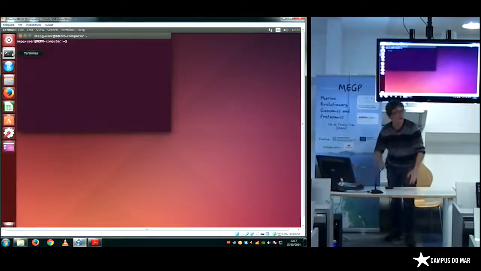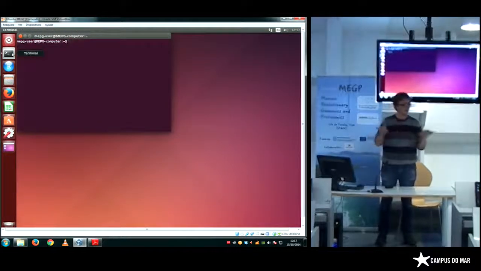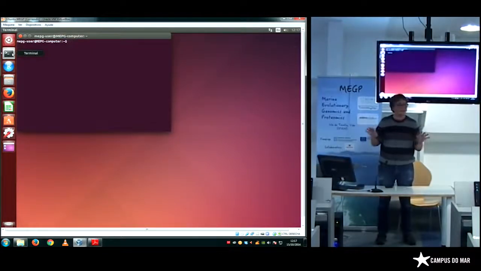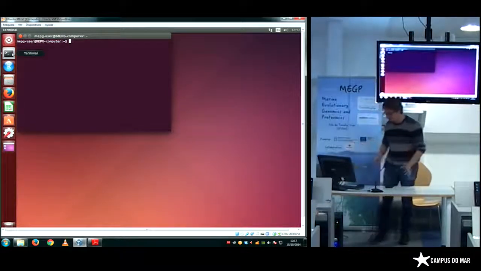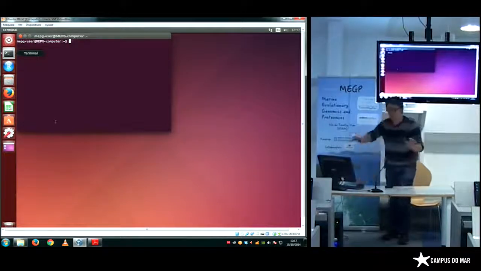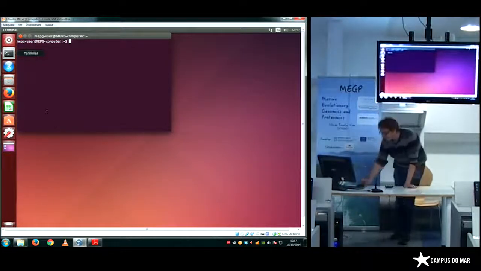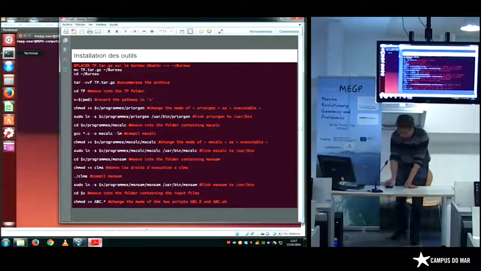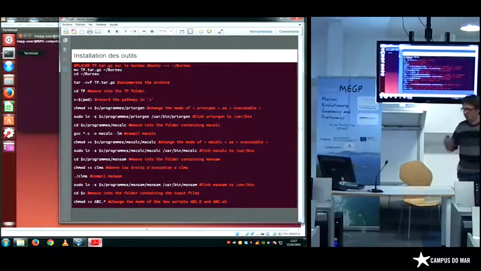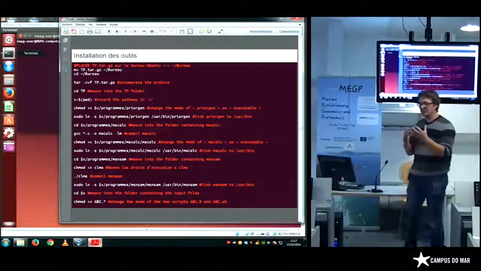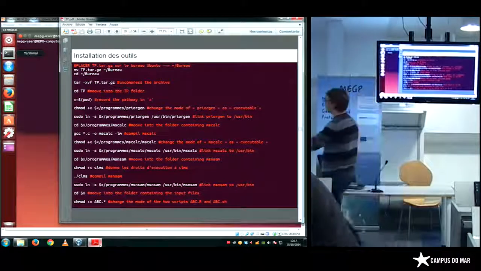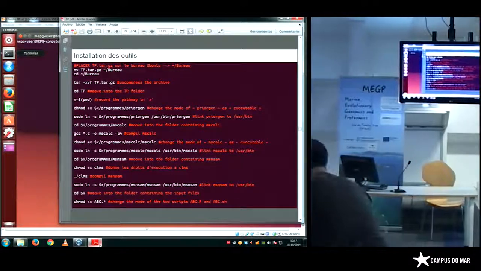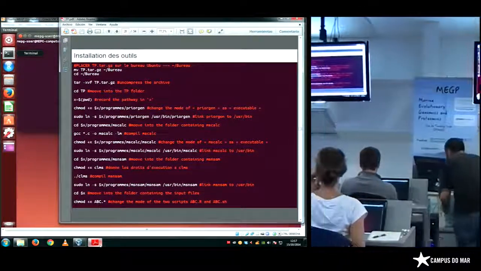Basically, we are going to put all the command lines, and I'm going to explain what the command lines mean, if I can. This is the part that is the most informatic. After it's population genetics, but we have to install all the software we need for the analysis.